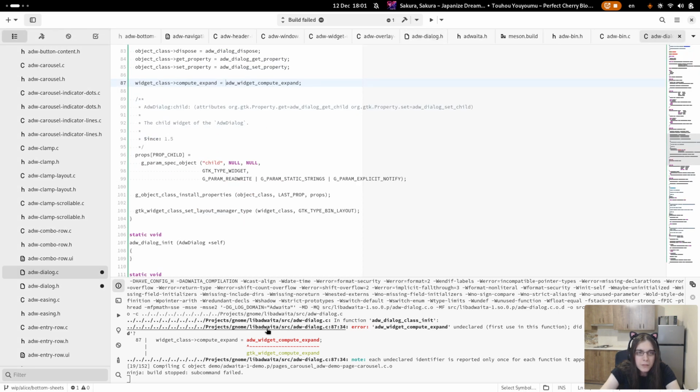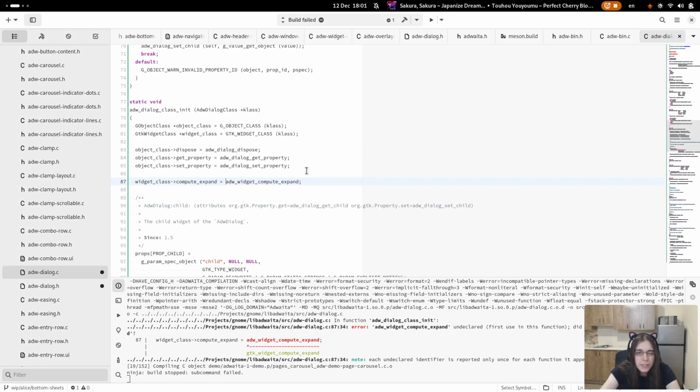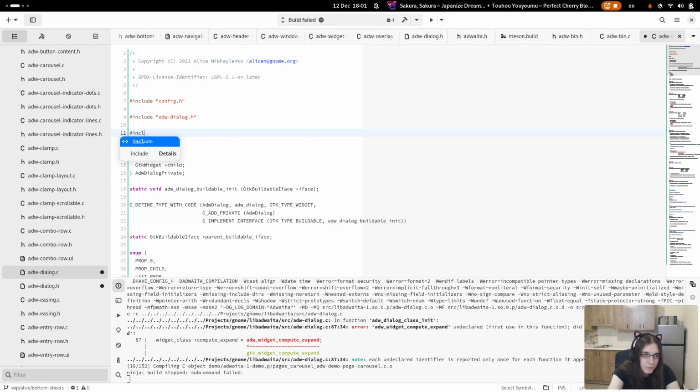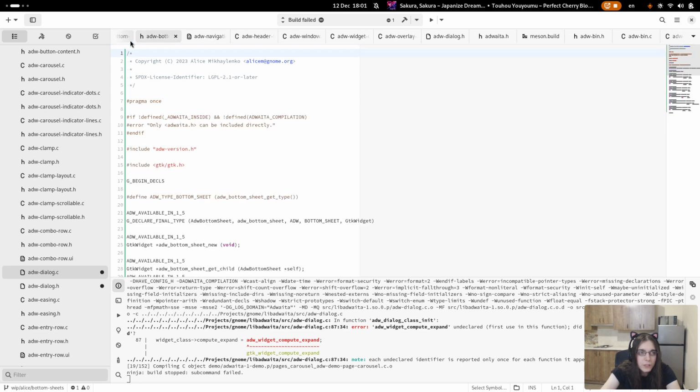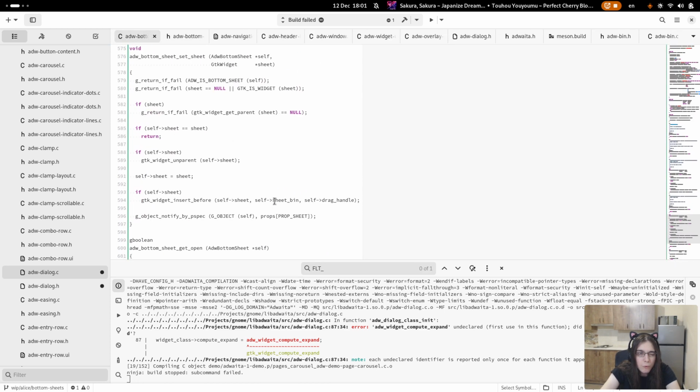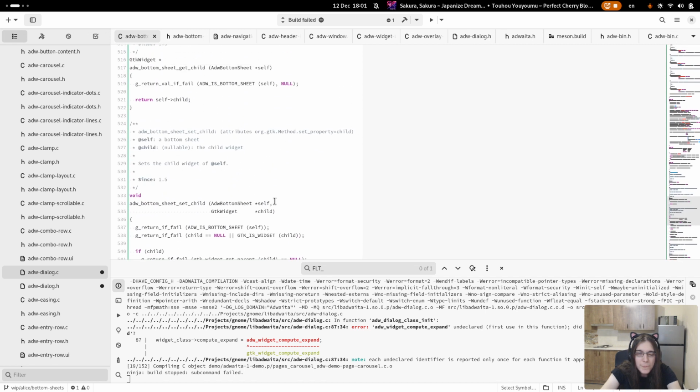Compute expand. Yeah, I'll need compute expand and, right. And I think I'll need bottom sheet too. And ideally I need it for, can I use expand for like expanding it horizontally?